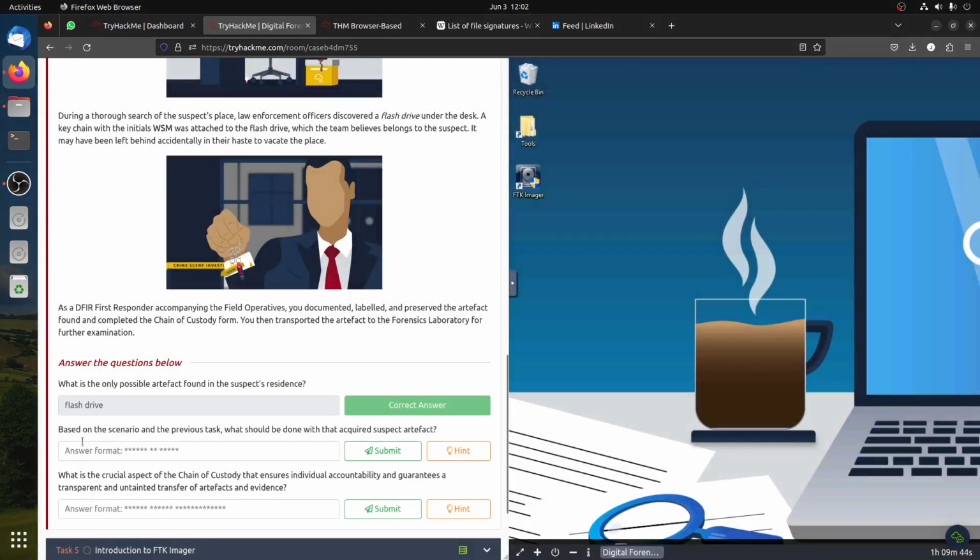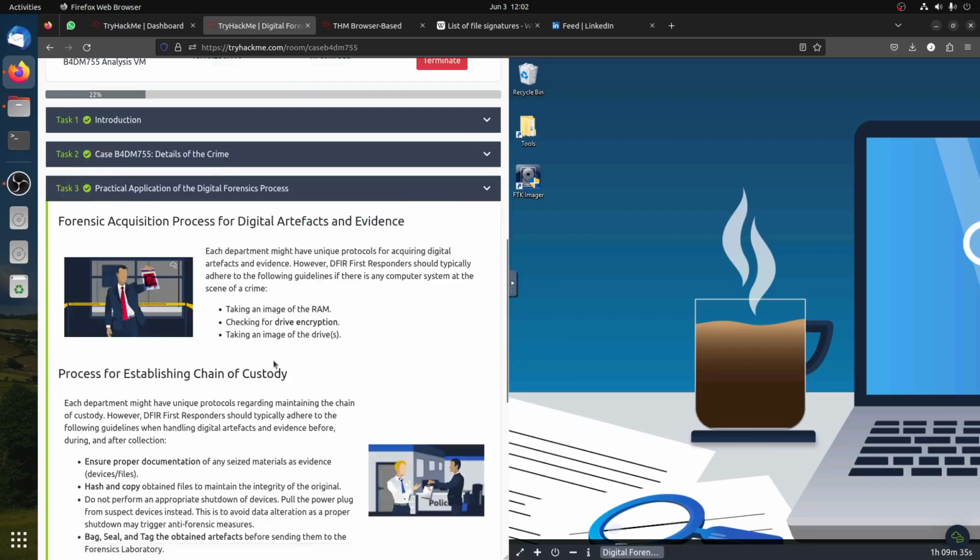Task 3 explains: based on the scenario and the previous task, what should be done? Now we got this flash drive. What will we do with it? So if you go to task 3,